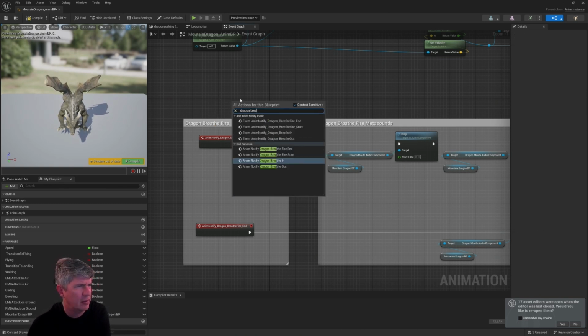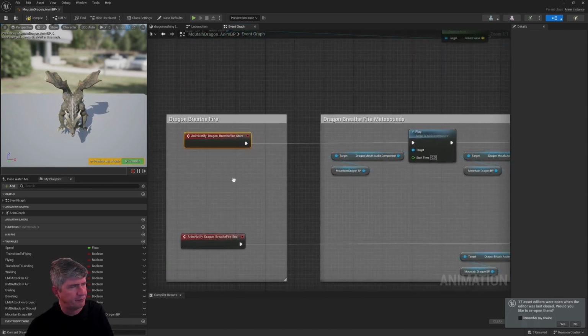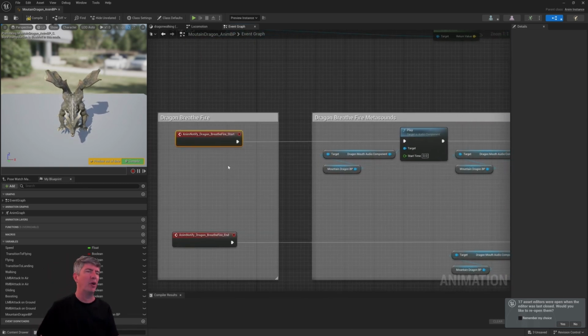Dragon Breathe. We want the event, not the function. We want the event for Dragon Breathe Fire Start. And that's what this is. All right, and we want the event because this output here triggers whenever that animation